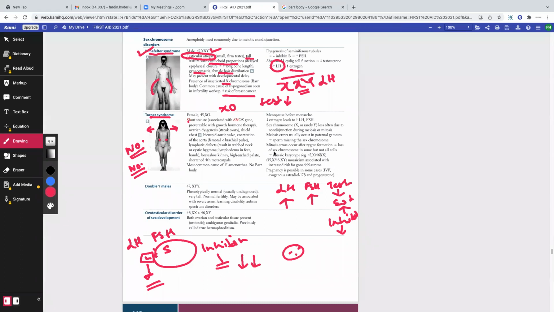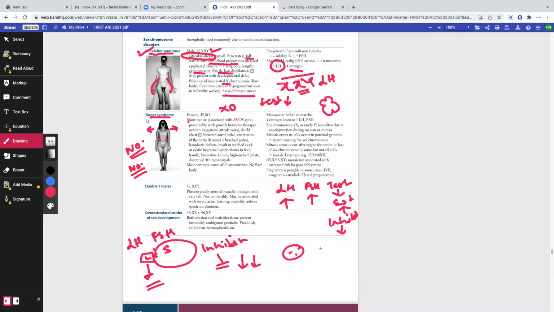Now, having said that, there's another thing I want to talk to you guys about: the cardiovascular manifestations of Turner syndrome, which is very, very, very high yield for your Step 1 exam. Is everyone ready? Yes or no? The cardiovascular changes in Turner syndrome. Okay, good. I need you guys to put your utmost attention on this one, because the cardiovascular changes in Turner syndrome are such that females suffering from Turner syndrome have two things.